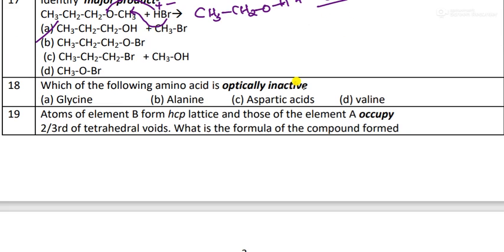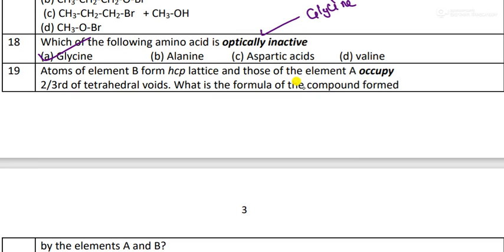Next one, remember, identify the major product. Very good question again. What is the major product? Remember, because of the H plus and Br minus, Br minus will attack on the carbon, hydrogen will attack on the oxygen. We are able to see the CH3, CH2, OH plus, CH3 iodine. So this is the product. This is the product. So what is the answer? Is the answer A? Okay, A is the correct answer.